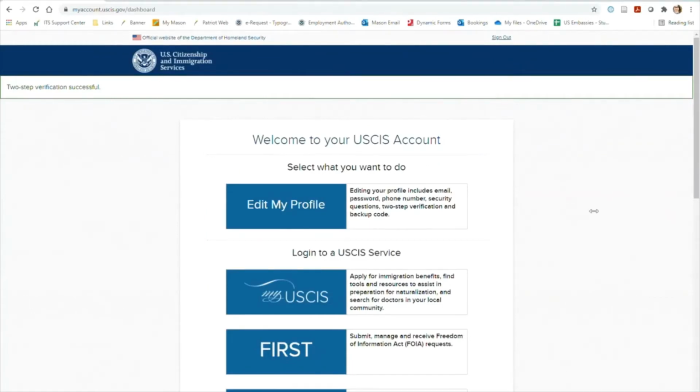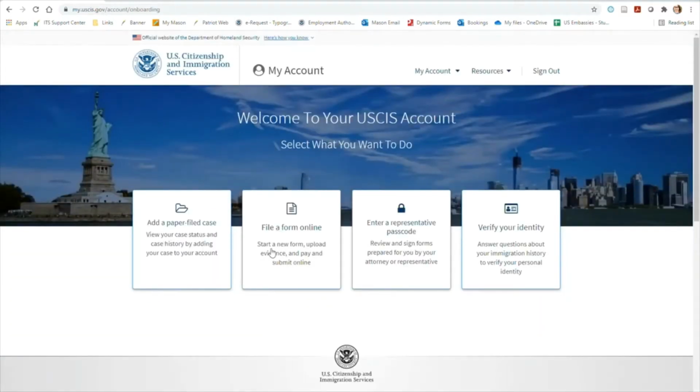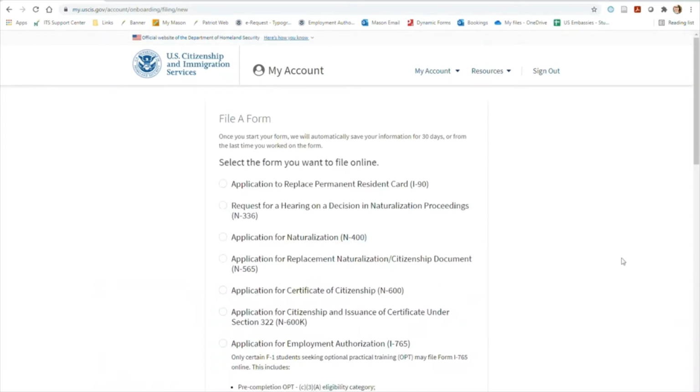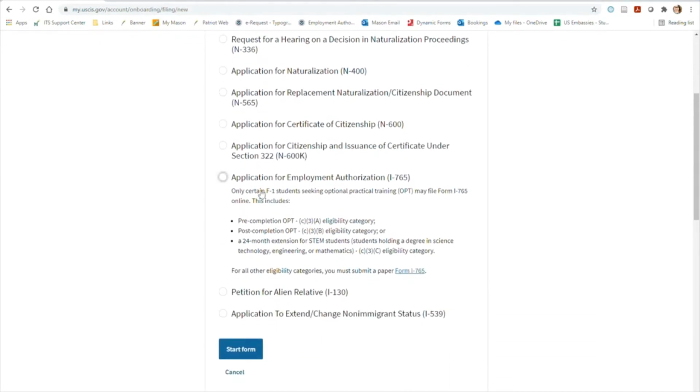Once you have logged in to your online USCIS account, you can see a menu of options to choose from. To complete the I-765 online, you want to select the My USCIS option. From there, you will be redirected to another menu. You will want to choose to file a form online. Next, you will see a list of the forms that you can choose to file. To apply for OPT, select the Application for Employment Authorization,